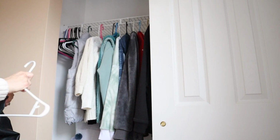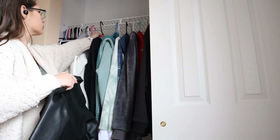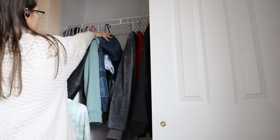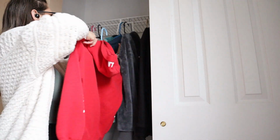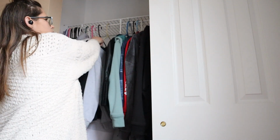I mean, they're functioning, the kids can get to the stuff that they need, but it still could be much better, and I just want to get it all nice and clean and organized. Throughout the winter they've been wearing their coats, but now that spring's coming up, they're going to be getting jackets and hoodies very often. And so I wanted to get all this straightened up and organized and declutter anything that didn't fit her anymore,